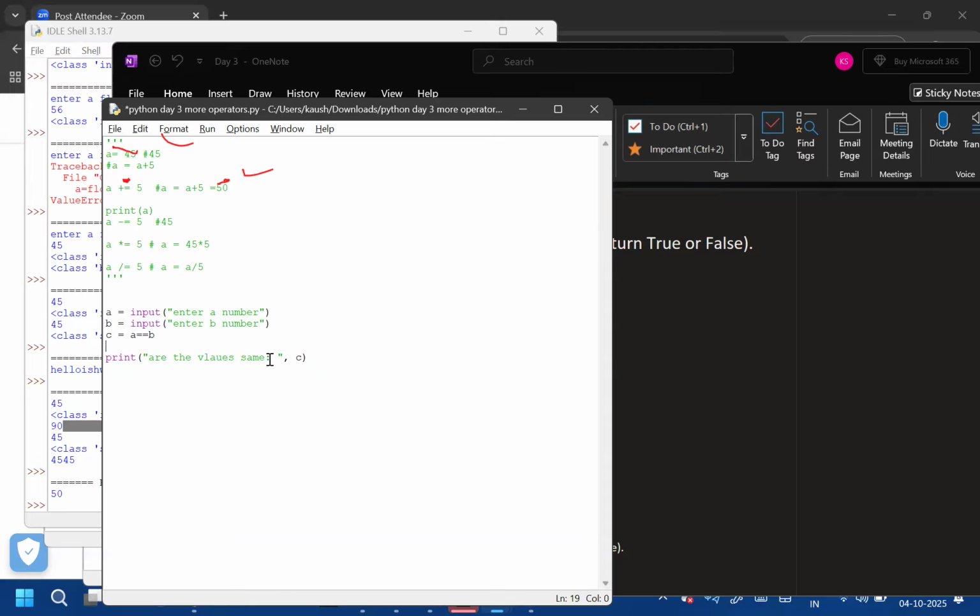What will be the type of C? Is this the same as this? No. Yes or no is what type of variable? Boolean. So what is C? Boolean. Right. So whenever you do a comparison of